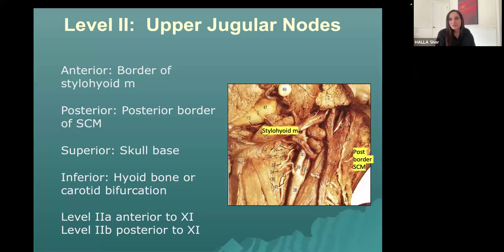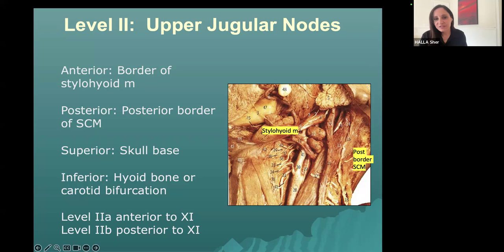Level 2 is divided into 2A and 2B, and these divisions are made by their location relative to the spinal accessory nerve, the 11th cranial nerve. I'm going to talk in more detail about the spinal accessory nerve when we get to level 5, but we do encounter and dissect along the spinal accessory nerve in level 2. So again, we would expect the course of the spinal accessory nerve to be somewhere like this, and then it would pierce the sternocleidomastoid muscle we see here before exiting